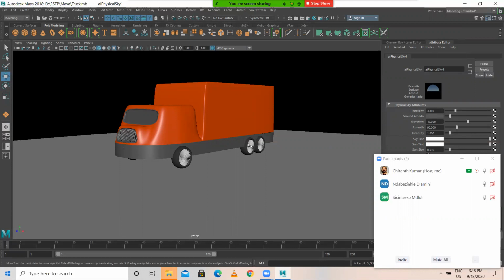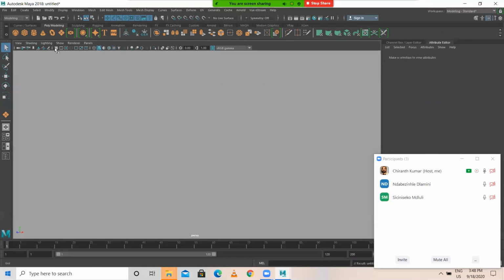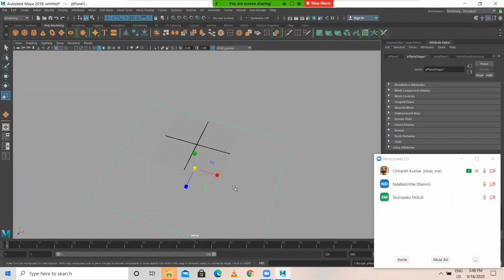It just comes off as black. You mean to say the ocean shader is not visible properly? Right, this doesn't show up at all.